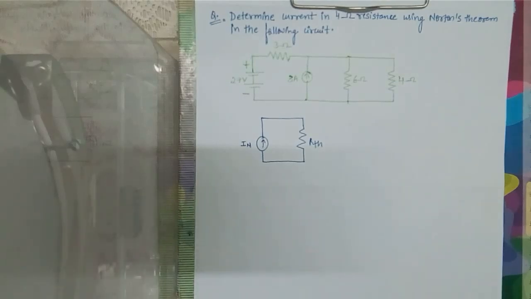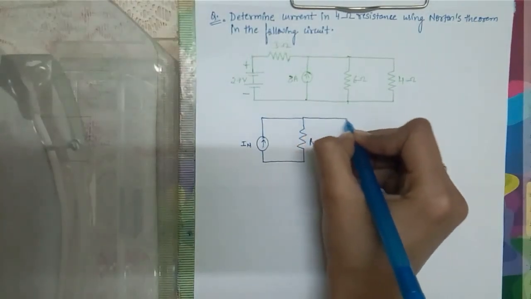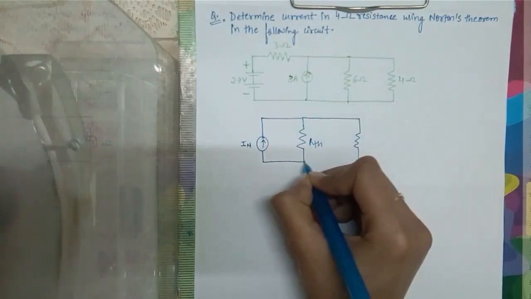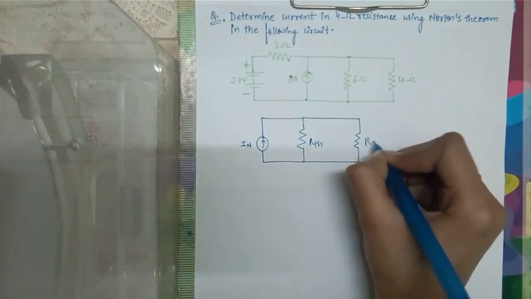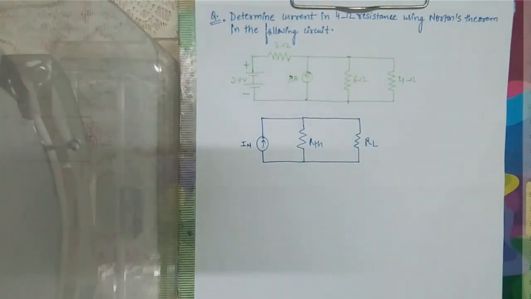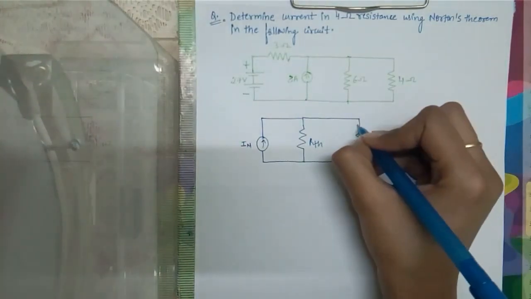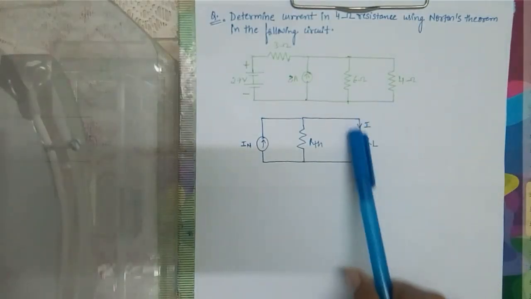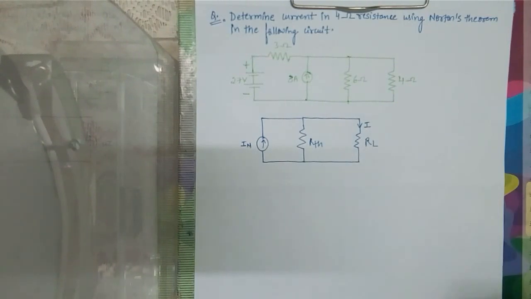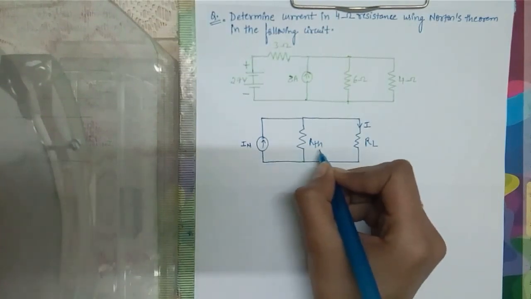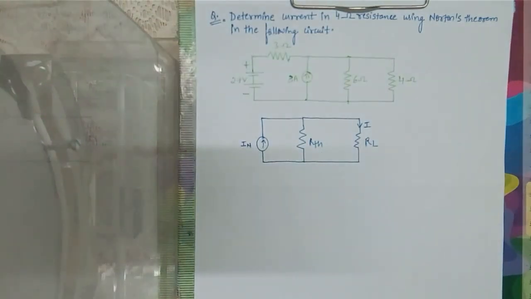Over here, the next thing is this load resistance. That is 4 ohm as mentioned in the question. Over here we assume that a current I is flowing, and this is the actual current which is to be calculated. So over here we can see that as we have put this RTH in parallel, instead of being in series as we had done in Thevenin's,